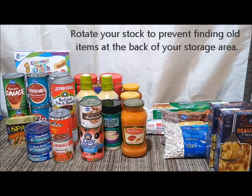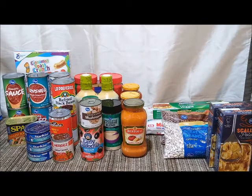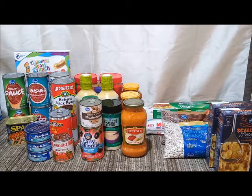So the one that I'm going to try to explain to you today is how to rotate your stock on your shelf-stable food storage. In the other video, I posted 14 to 17 different menu items to give you flexibility, where you're basically not eating the same meal or a similar meal more than once in a 2-week span, to give you variety. A lot of the things you see on this table right now are similar or the same as what you saw in that other video, but I'm going to show you how I rotate